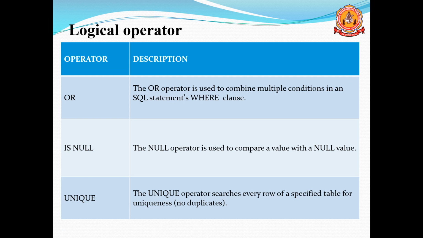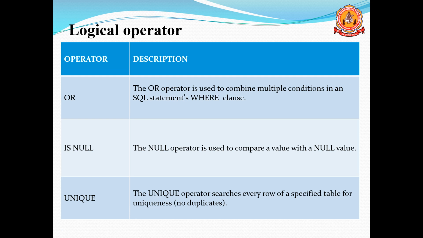An empty value is different. Whenever a value is not there, that is not a null, because whenever a value is not there, some garbage value will be there. So that value is actually present. So IS NULL means it's checking whether the value is null or not. That is in the case of IS NULL.